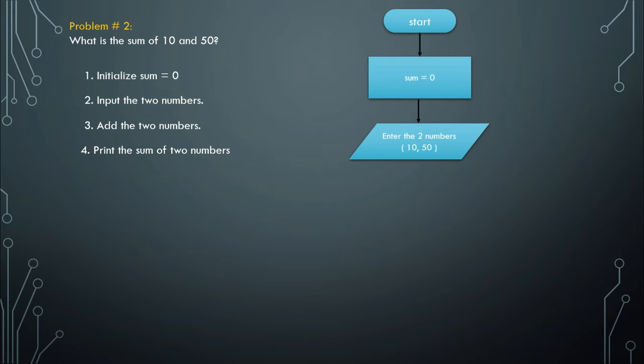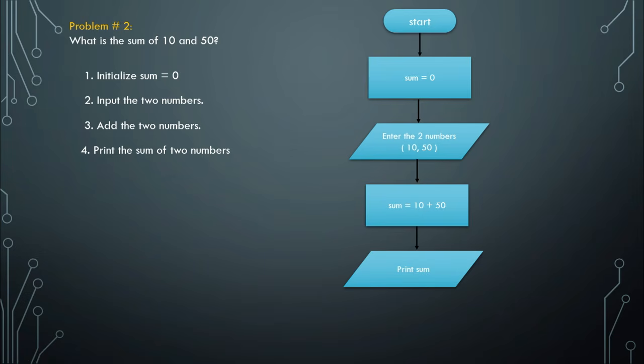Next is, ito na, mag-enter na tayo ng two numbers. Ang in-enter natin is si 10 and si 50. Input the two numbers. Next, add the two numbers. So, in-add na natin. Diba, napaka step by step talaga siya. So, sum is equals to 10 plus 50. So, print sum. Print sum, it means, i-print ko ang